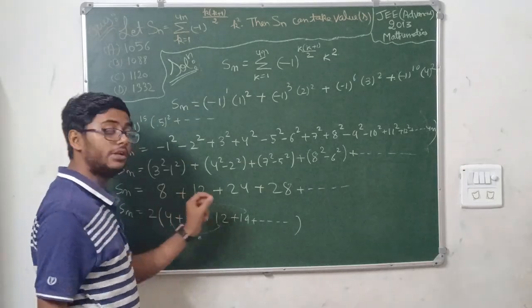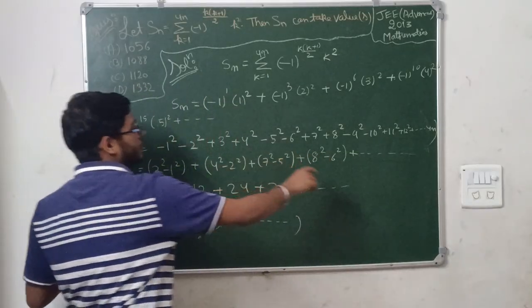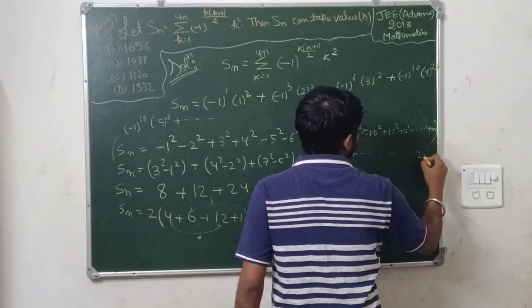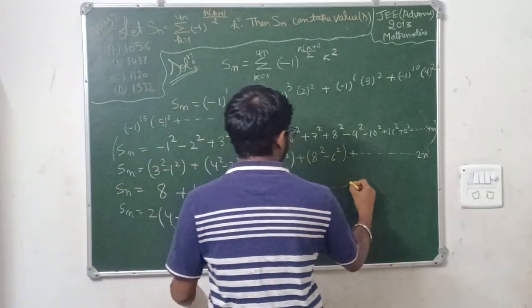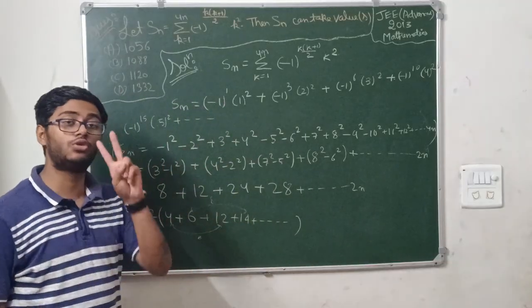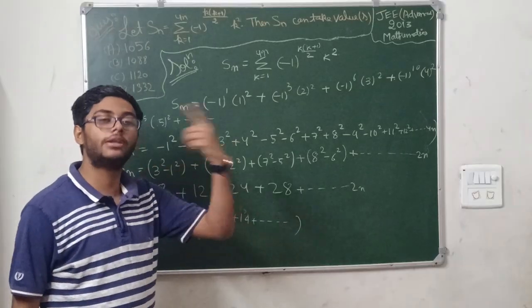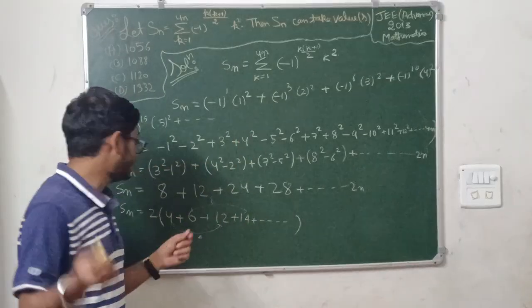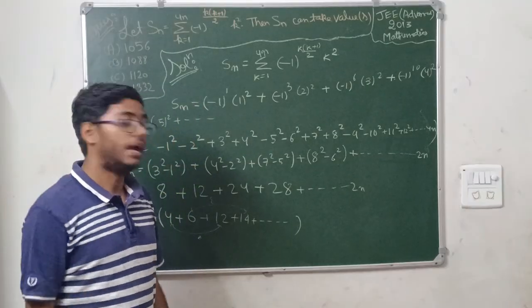And the series will be till n. Okay. Because here we have combined the two terms. So here series will be what? 2n. Series will be till 2n. Okay. And here also 2n. So if we break these two series in two parts, one series will be 4 plus 12 and then plus 8 plus 8. Then another series of 6 plus 14 and plus 8 plus 8 plus 8 until n terms.